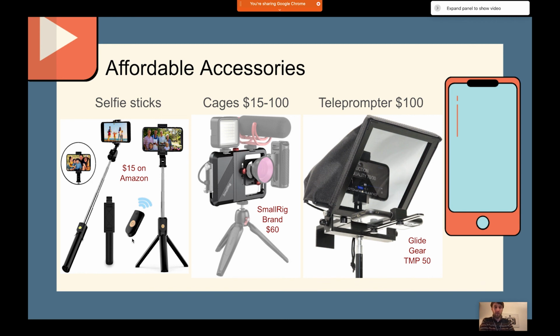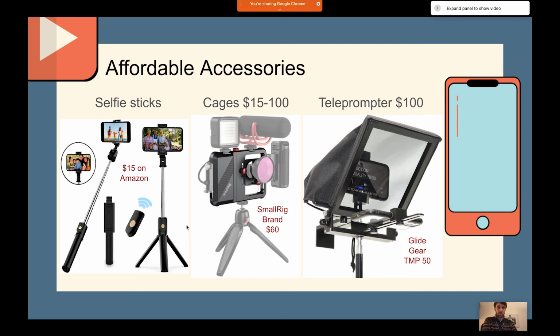But usually the things that you find on Amazon come with kind of fun extra features like this tripod. Just be aware that you kind of get what you pay for, and this type of selfie stick probably isn't real high quality. Probably won't last super